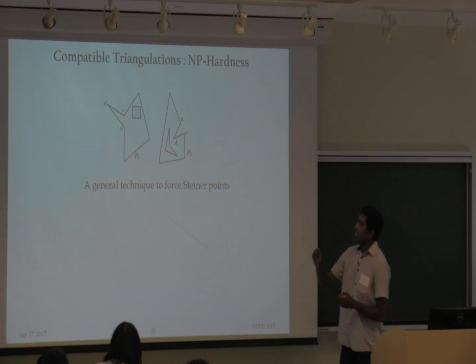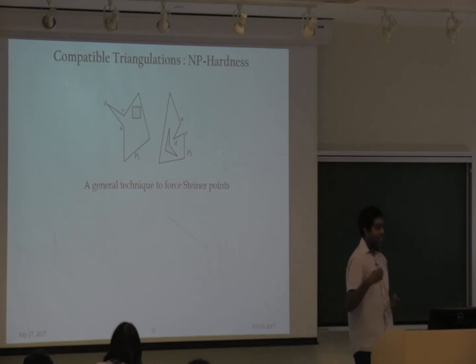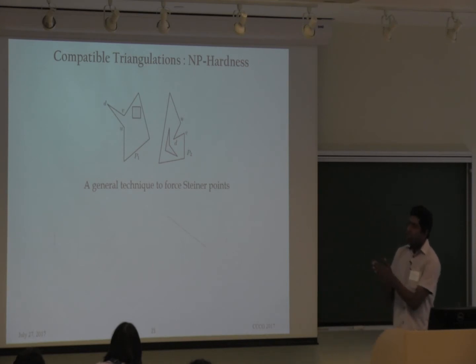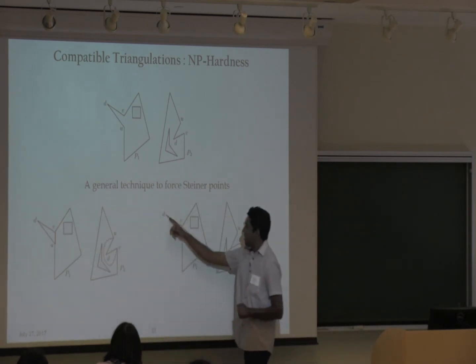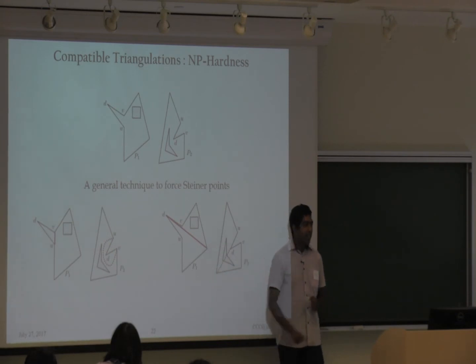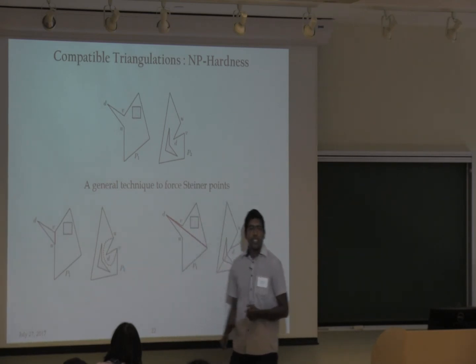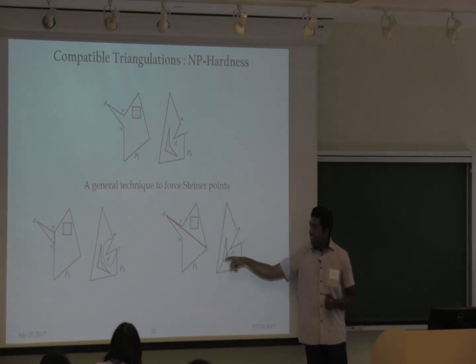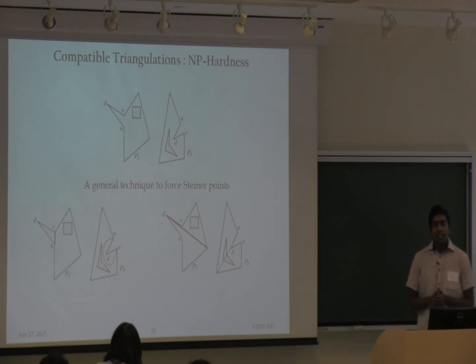This is just a dent that is outward on the polygon, and the same dent UDV on the second polygon is inward. Now, if you have a compatible triangulation without Steiner points, then you have to have either the edge UV here or an edge that connects D to some vertex. Now, it happens that in the second polygon, either you cannot have a straight line visibility between U and V, or the point that you wanted to connect is actually not visible to D. So, if you have this type of scenario, then you need at least one Steiner point, and these ideas have been used to